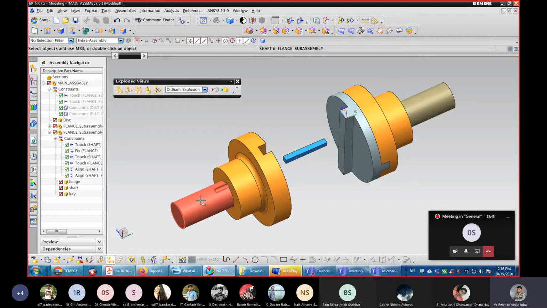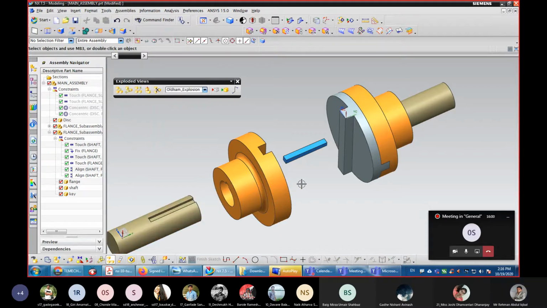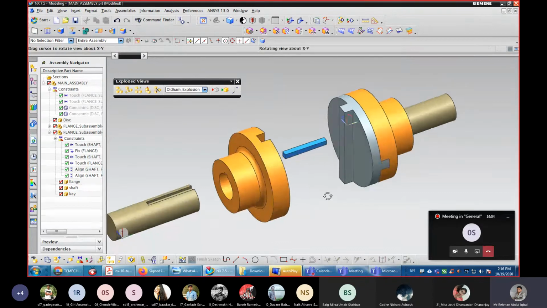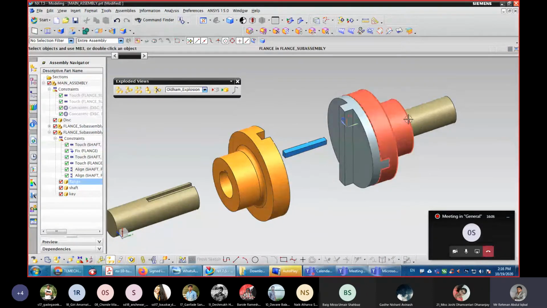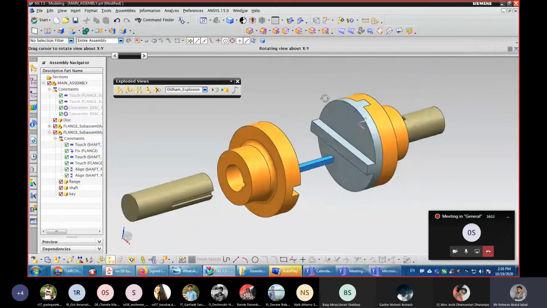Then next, this shaft on the left hand side, edit explosion, select this one, and again in Y direction minus say 80. So it is moved to the left. Okay. Same thing we will do for the right hand side sub-assembly, the second one.